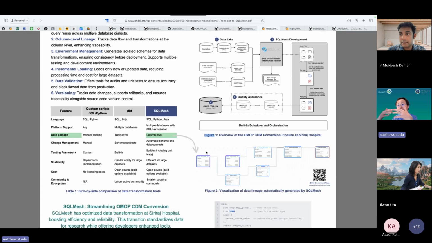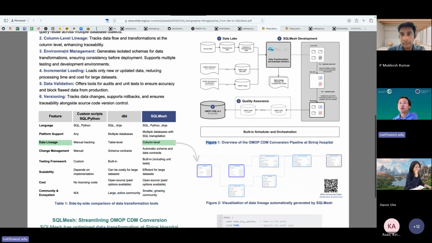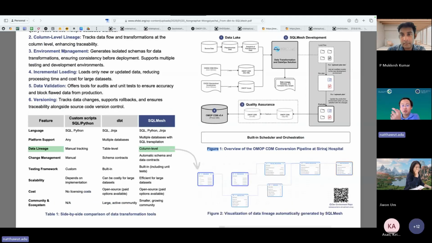And when there are any changes, it's going to warn us that we have some changes going on. Do you want to refresh the whole pipeline? And it will help us refresh and update the data. It can help us with the environment management when we have multiple developers in the team working on the same pipeline. So we can create a development environment. We can create a testing environment to make sure that we have correct transformation before we push the changes to